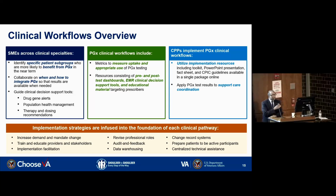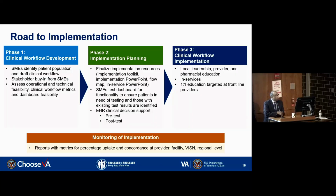It was great to see the CFAR framework and the implementation strategies that were identified earlier. Many of those implementation strategies are infused into each of our clinical workflows as much as possible. Once we develop a workflow from our SME work group, that work group helps to socialize the idea not only within the VA national leadership, so getting to that outer setting, maybe not truly an outer setting implementation factor,